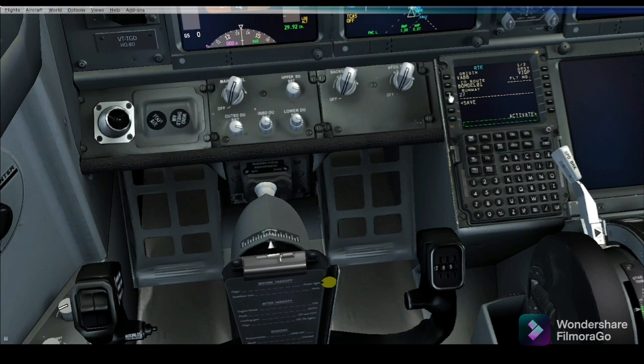Our departure runway is 27. This is Mumbai airport's main runway. Our flight number is VTI, the ICAO code of the airline, 940. Our departure is runway number 27, with the Alpha departure and ISRIS transition. On arrival, the ILS runway is 11, and this is the ATRIF 5F arrival.